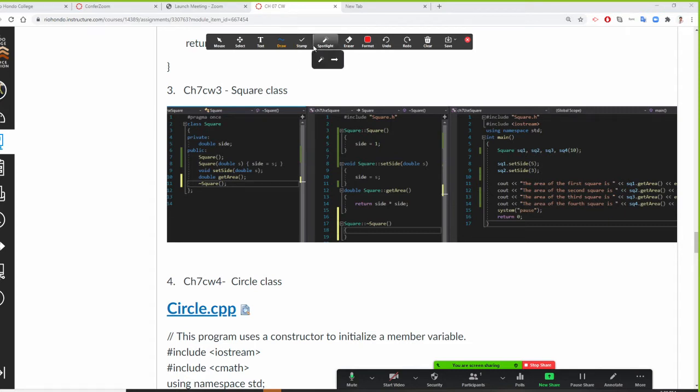So, I'm going to draw a square for a square class, and we're going to just write an easy program. So the data may be a side. That's your data. Then we are going to have a constructor. So we have default constructor and mutator constructor. And the mutator constructor I write as a